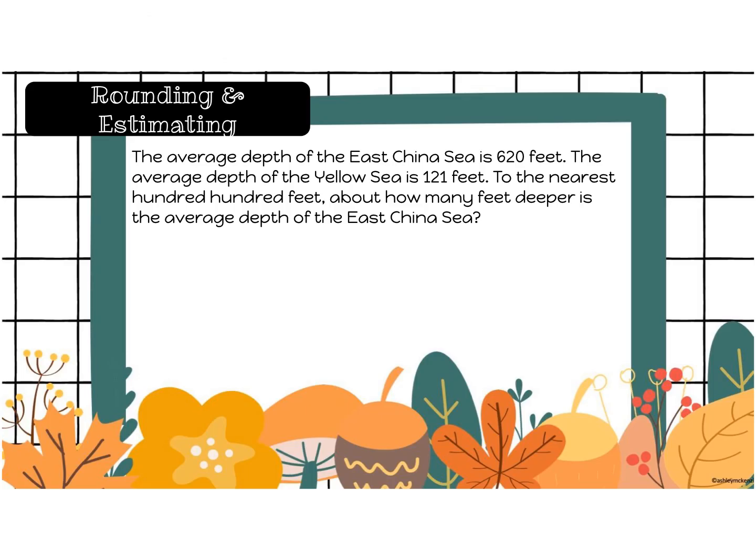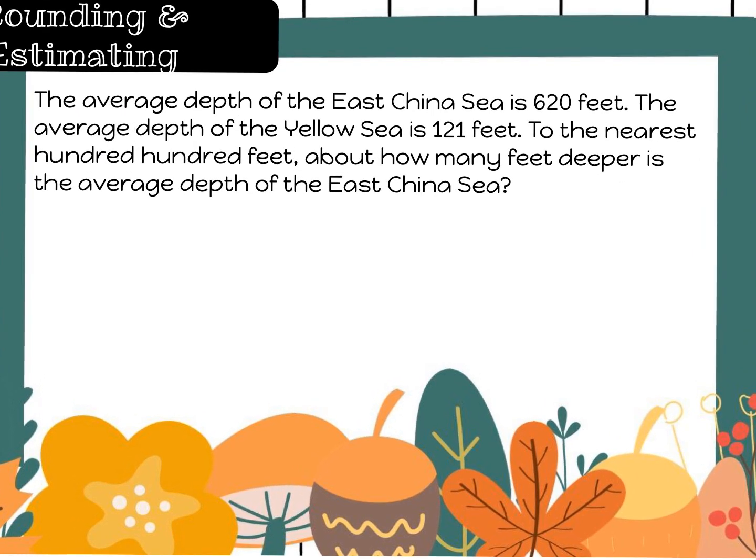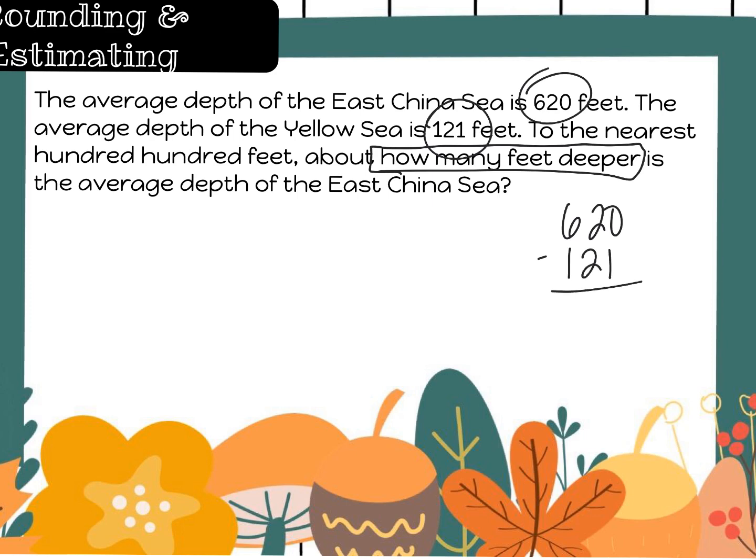Good. The average depth of the East China Sea is 620 feet. The average depth of the Yellow Sea is 121 feet. To the nearest 100 feet, about how many feet deeper is the average depth of the East China Sea? So I would take this one and this one, and what operation do I want to use? How many feet deeper? What does that mean I'm doing? I'm subtracting. So I'm doing 620 minus 121,